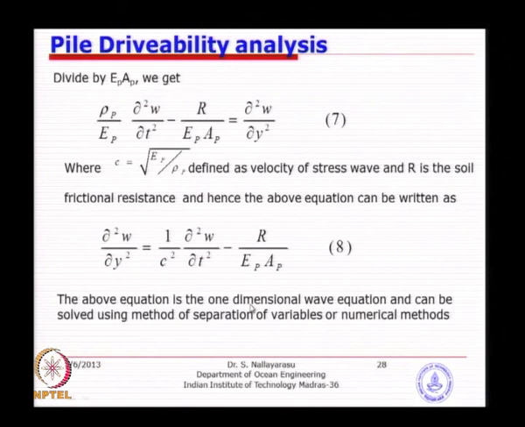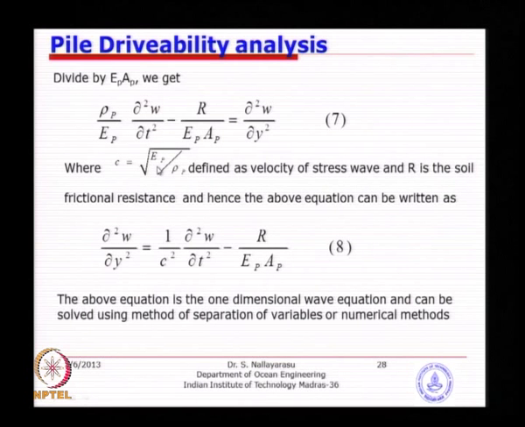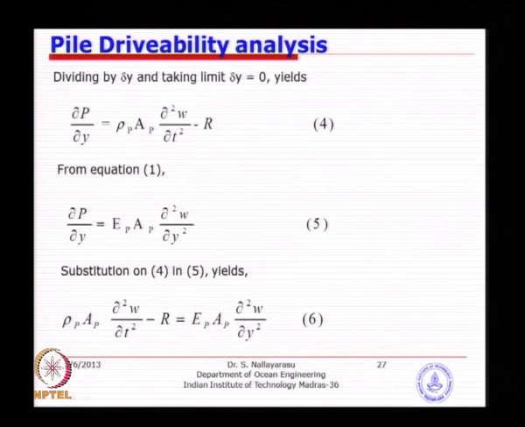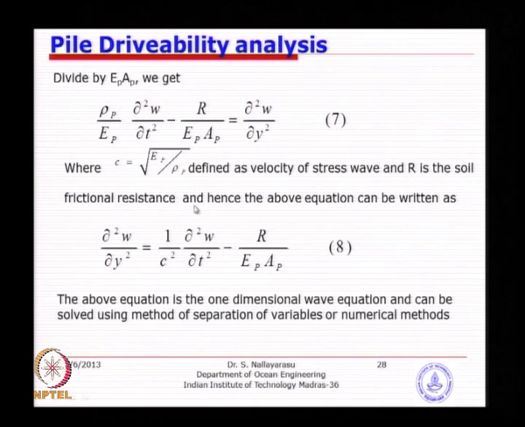You can rearrange the whole thing something like this by just substitution of the stress wave, which is E by rho. E is the modulus of elasticity of your steel material, rho is the density. Just rearranging the same thing, we are not doing anything, just rearranging substitution. You will get an equation of this kind, and basically this is called the wave equation or stress wave equation, very similar to the surface wave equation, only you will see that this term is slightly different.